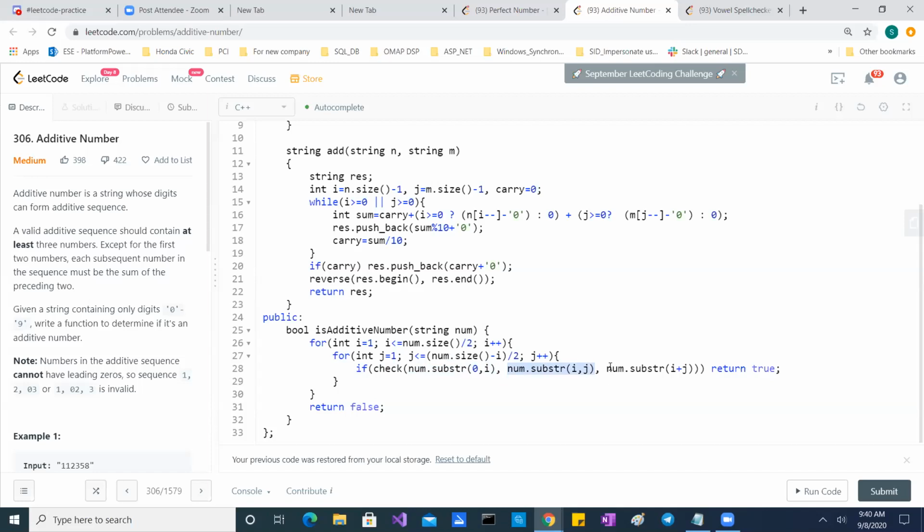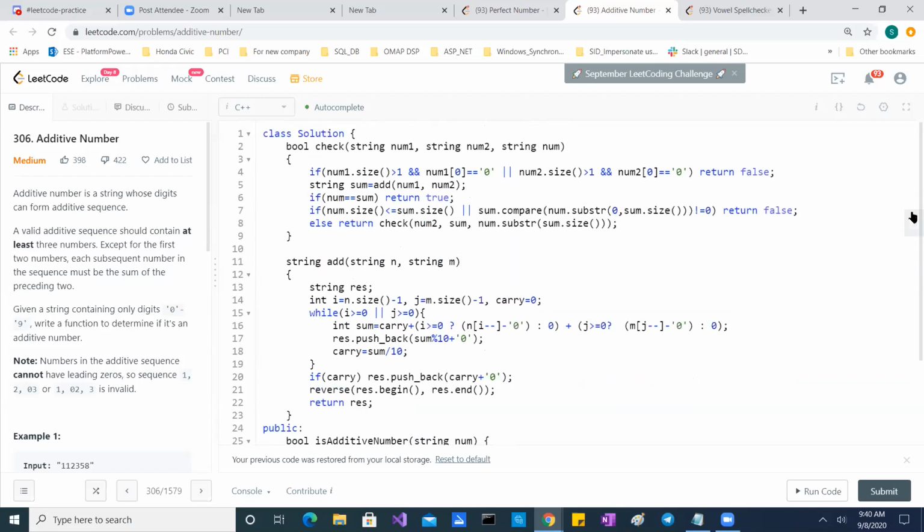Whatever is remaining will be my third string, and then I pass that to this check function. It is the same as what you are doing, but these are all strings here: num1, num2, and num. Then just comparing, and this is the function which adds two strings, right?